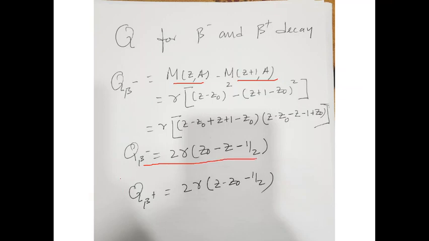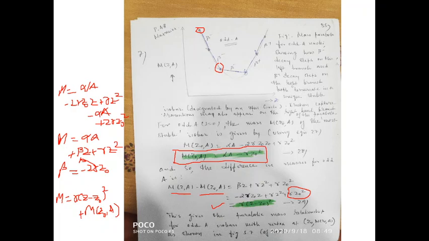Now similarly I can get an expression for q beta plus. This is your homework. On similar lines, you know what has to be done, mza minus mz plus 1a. So here in a beta minus, the z increases by 1, in beta plus the z decreases by 1. So you do this exercise and you will finally get this expression for q beta plus. So this is the thing. Now we have not yet tested it. I am going to be asking you to do the calculations, and after I do the calculation in my next video, we shall discuss whether this is able to predict the most stable elements or not.